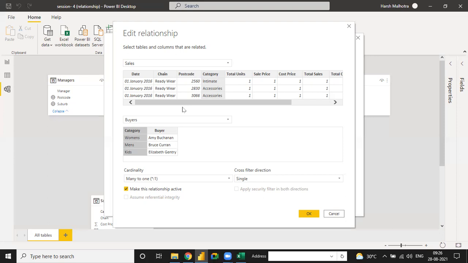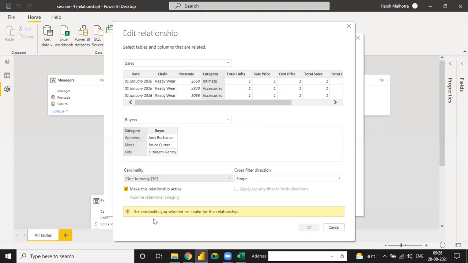So understand it in two relationships. See, if the sales table is the upper part and the buyer table is the lower part, then we connect many to one. But if we connect one to many, it will give you the error: the cardinality you selected is not valid for the relationship.